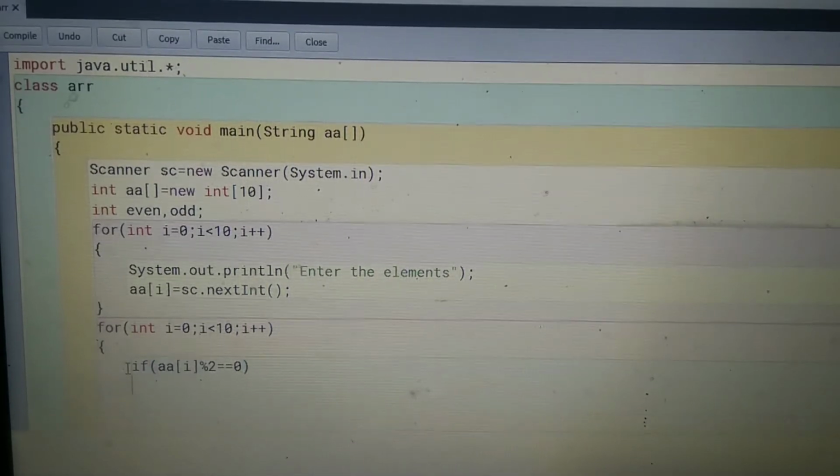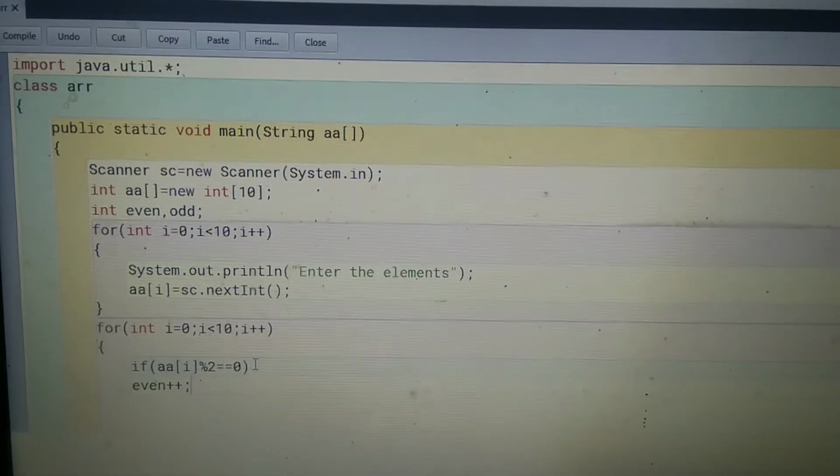So if this condition is true, which variable do we have to increment here? Even variable, even plus plus. Clear? If this condition is true, you can separate by curly braces, even plus plus.